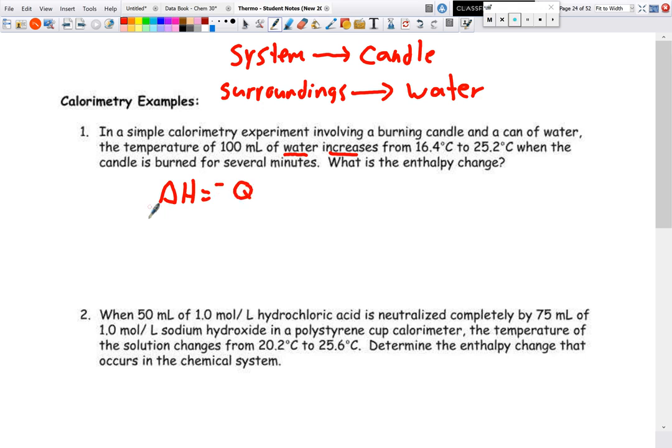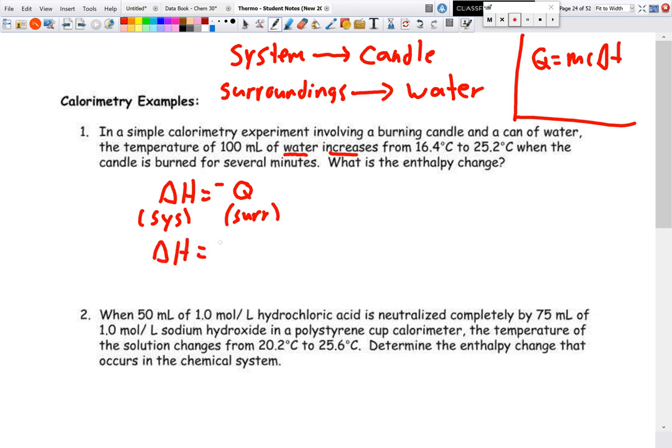And I also still like to highlight system, surroundings. Now, for this one, because we have a temperature change, and we know from one of our old equations, Q is equal to mc delta T, we can actually substitute this in down here. So we know delta H is equal to negative mc delta T. And specifically, mass of water, specific heat capacity of water, temperature change of water. So we got delta H is equal to negative